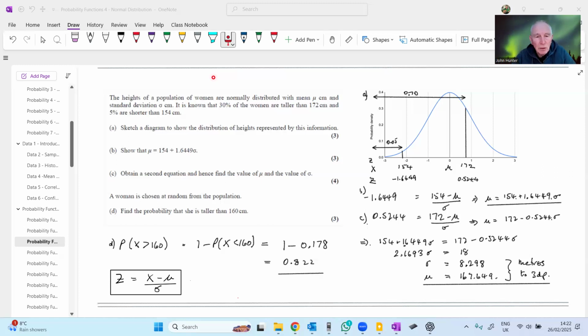These problems arise essentially because it's an indirect way of testing our understanding of the standard normal distribution. That is a normal distribution with a mean of 0 and a standard deviation of 1. And the correspondence between that and the normal distribution that we're working with, with some mean and some standard deviation. Okay, so